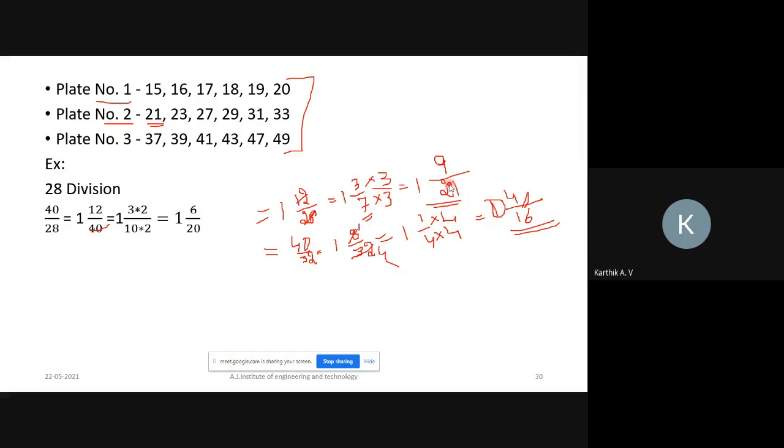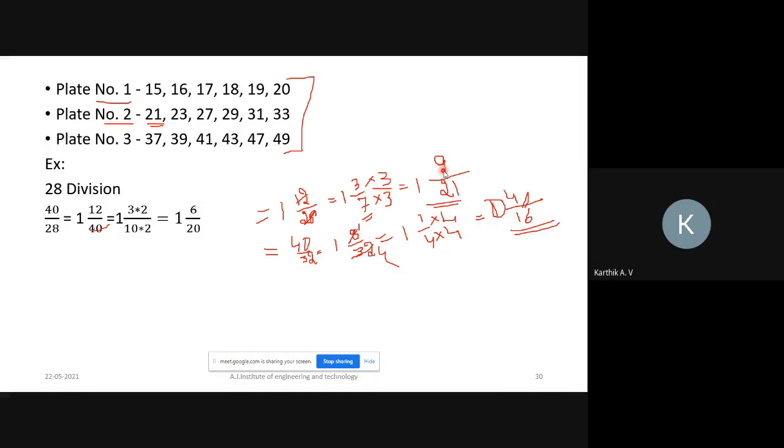Similarly, how to create the second division? One full rotation of the crank, and again count 9 holes in that circle and fix the crank. That is the second division. Similarly, you can create 28 divisions with the help of this calculation. That is nothing but the simple indexing mechanism.